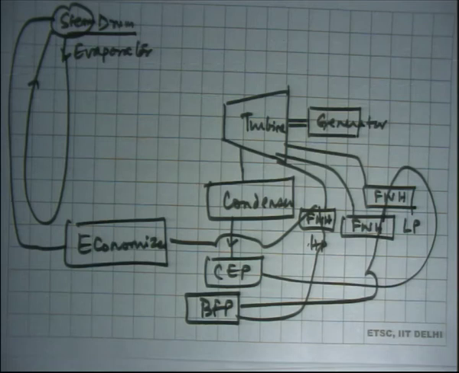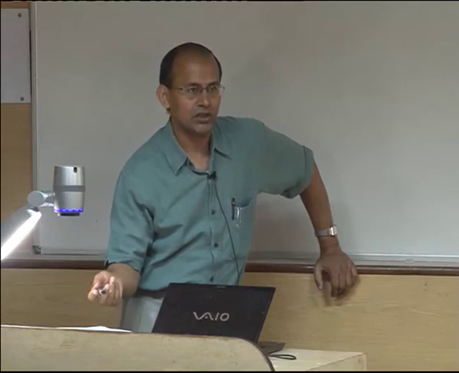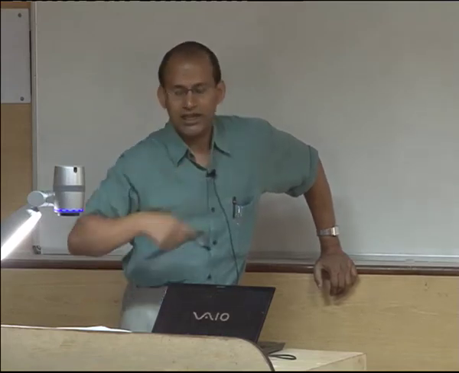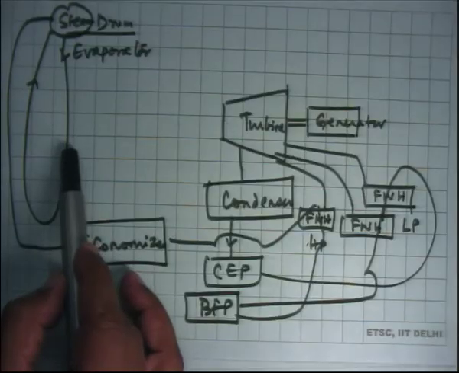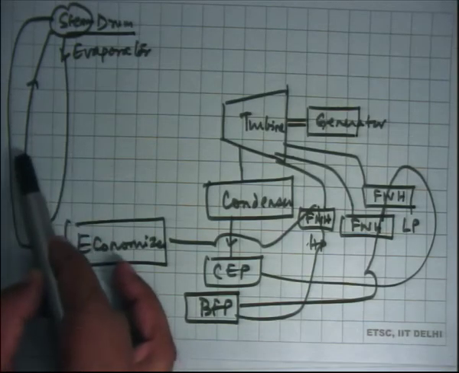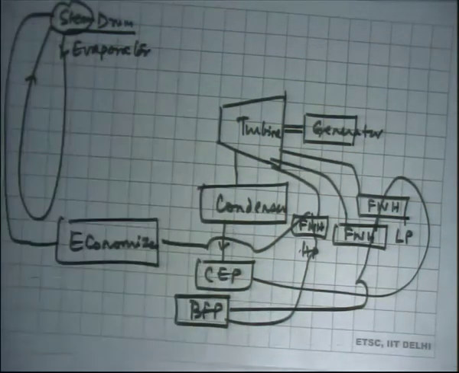Here I told you there are two kinds of possibilities. In all the 210 megawatt boilers, which we did not see in the Dadri power plant, there are 4 210 megawatt units. There the circulation is entirely natural circulation. Okay, so you do not need any motors or pumps there. The entire circulation happens because of the density difference between these two lines. Okay, this line is water which is denser, this line is water plus steam which is heated up, so which is lighter. So, this rises up and this comes down and the flow is established.